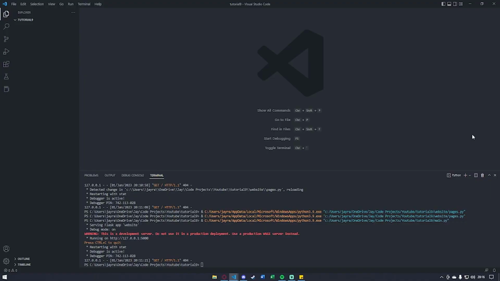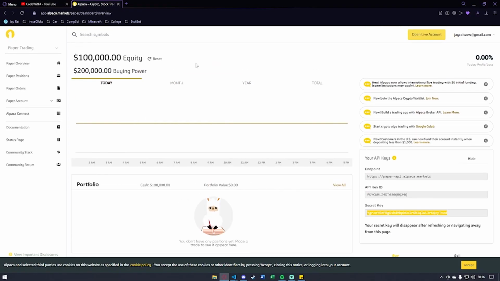Hey guys, Code with Jay here, and today we're going to be combining our Flask framework knowledge with our Alpaca trading API knowledge. What we're going to be doing is creating an interface in order to utilize our paper trading account. First thing you want to do is open up your Alpaca trading dashboard and go to your API keys,